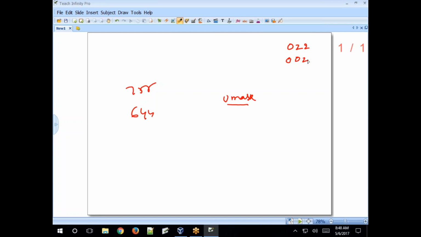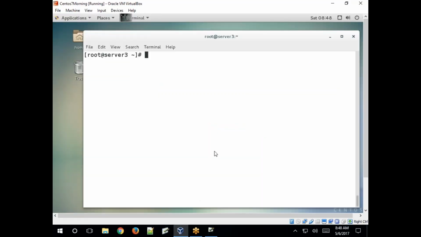How to check that mask value? Just simply execute the umask command, and you will get the mask value. Okay, so execute umask. What is that? 022. Leave the first 0, that is an advanced file permissions concept. We will see it in the advanced file permissions.